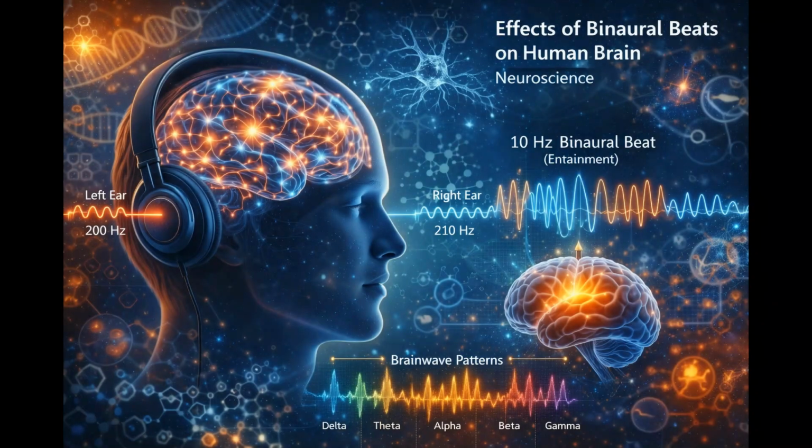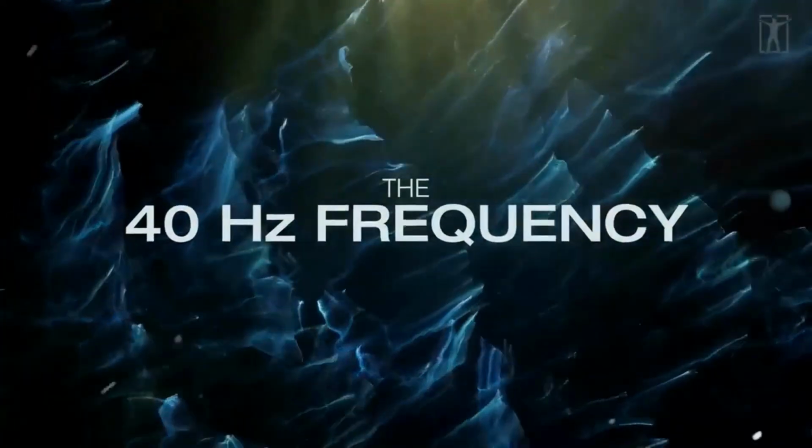There is further research which shows how different frequencies impact the brain neurons, mental clarity, emotional balance, and relaxation. The experiment which we are going to see next is a 40 Hz binaural beat, which is heard, and we can see the effects it has on the brain. The power of the 40 Hz frequency.